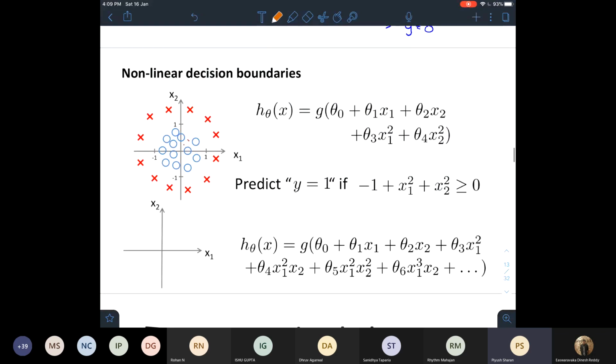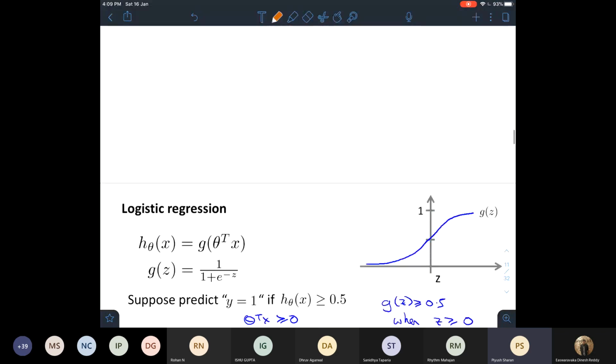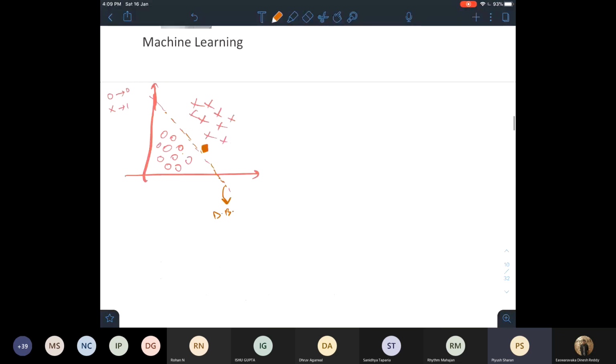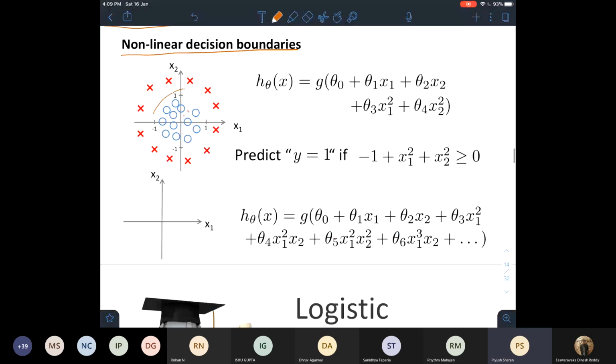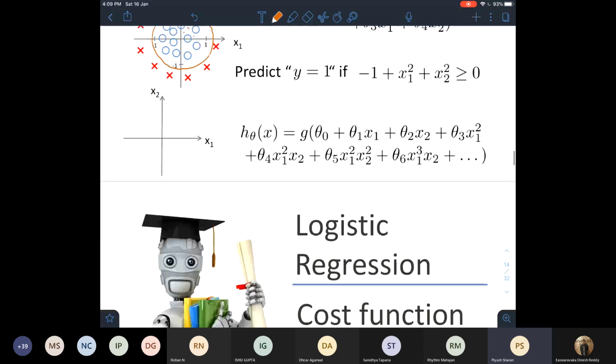Another thing that I want to mention is that decision boundaries aren't always linear, right? In some cases it might be linear, but it is not always true. For example, here the decision boundary will be something like a circle. If any values lie inside it, then it will be 0 and outside it will be X, right? I just want to mention that, as many people get confused on that.